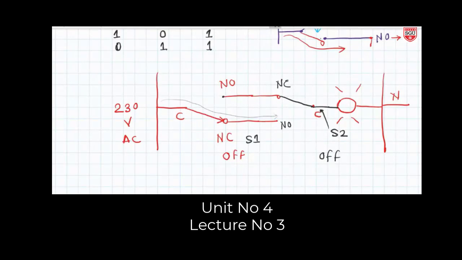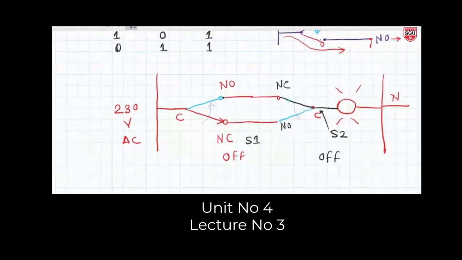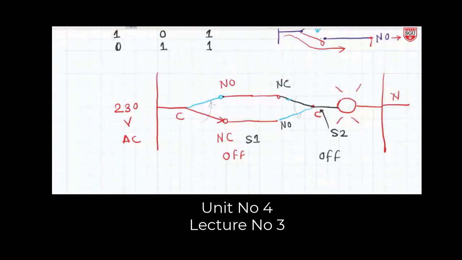Okay. Similarly, if I change, now what will I do? I will make both of them on. Both on means I have to take the action on both the levers. Levers are not there like that; it is for showing purpose. So if I move the lever of the first terminal, it will move here. And it will move here. And I will remove this for the sake of convenience. This is removed. This is removed.